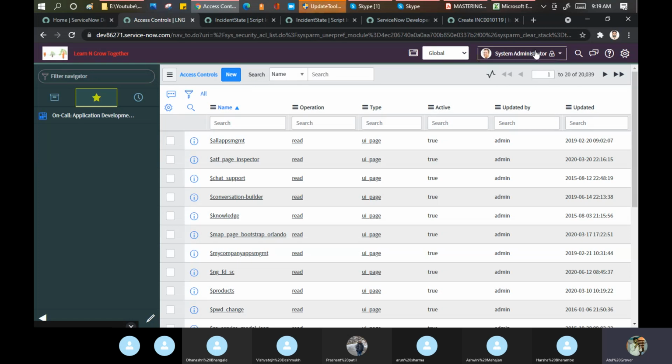If I log out with the person, the elevated role will be gone. And you can see here this lock button. It means this user is logged in with the elevated role now. He has a superpower. He can delete anything now. Any changes he can do in the ACL part, in the security part. And that is the reason this role is not given to everyone in the system. In actual official instances, only one or two people have an ACL role, not everyone.